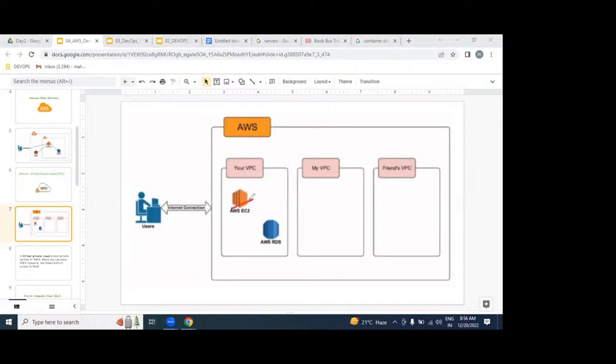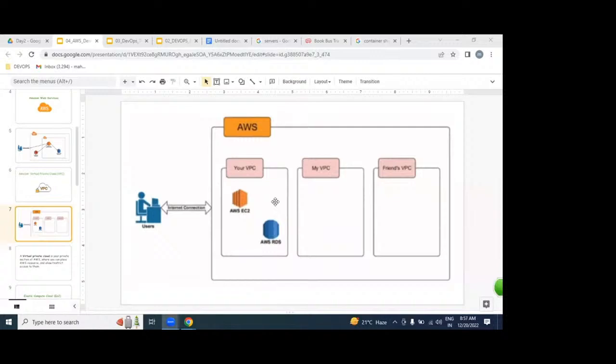For example, this network is for TCS, this network is for HCL. These companies are all using AWS cloud only, but AWS provides a secure network. So this network is dedicated only to TCS, and this network is dedicated to HCL. Understood very clearly? It is exactly like your office network, but we get it from the internet in a virtual form instead of physical. I hope you understand.